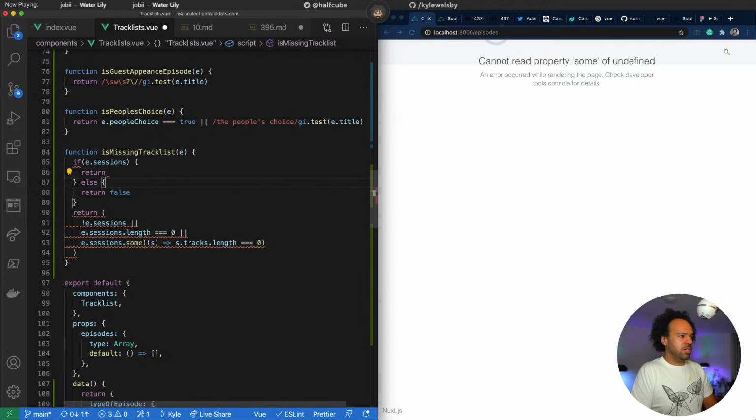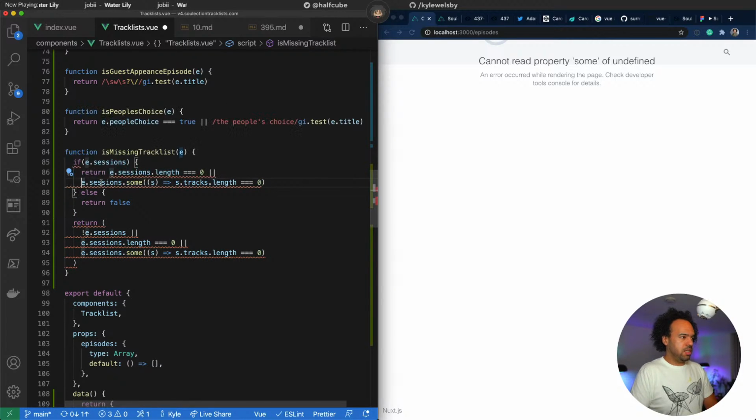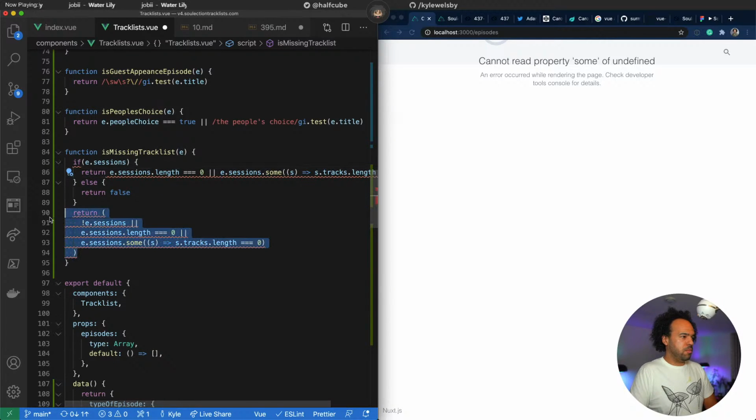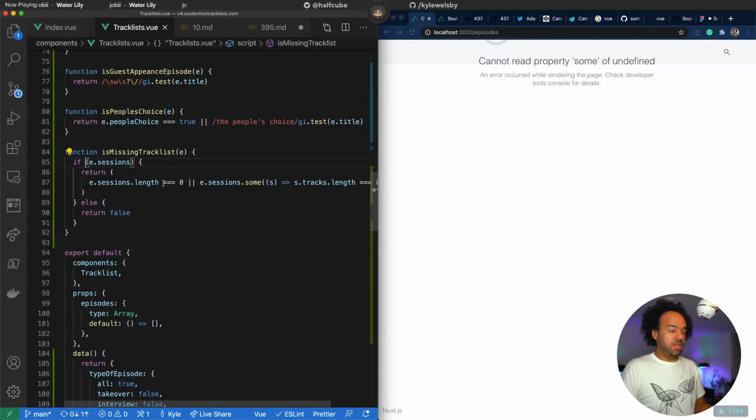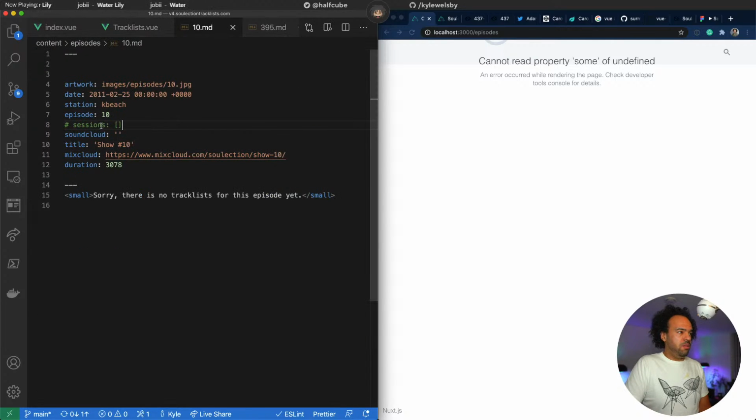And then if we got the sessions, we can then go into do that double query there. So if we have any sessions, which is defined on the object, on episode 10, we don't have it defined.